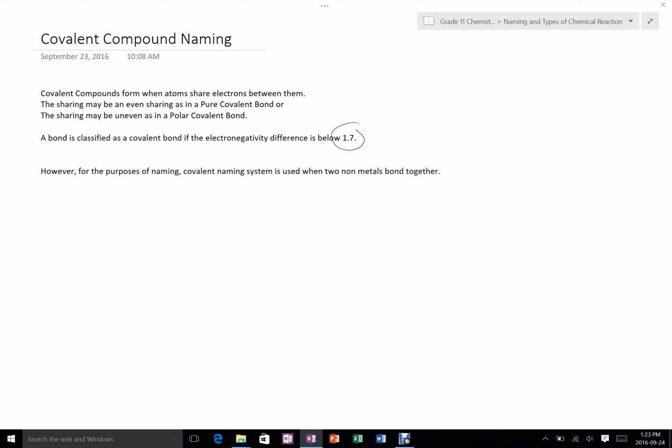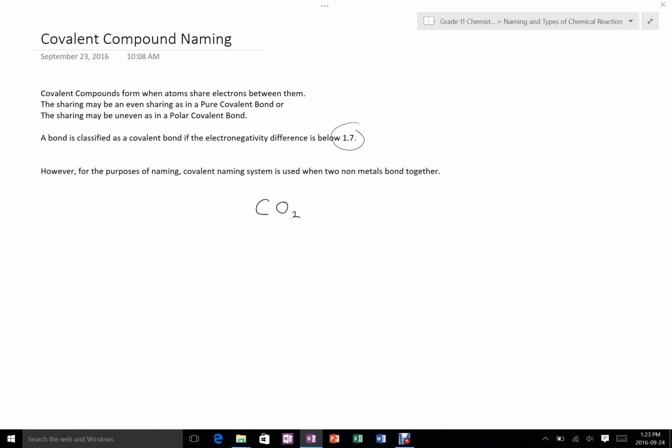naming whenever we have two nonmetals that are bonded together, and that's when we're going to use it. So when we have something like CO2, which we know is carbon dioxide, since we have nonmetals, this is the naming system we're going to